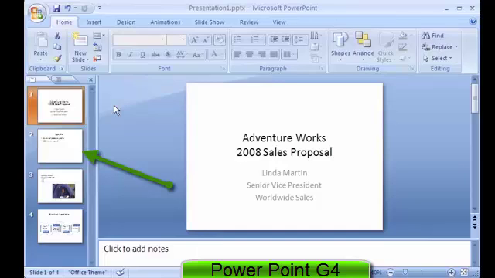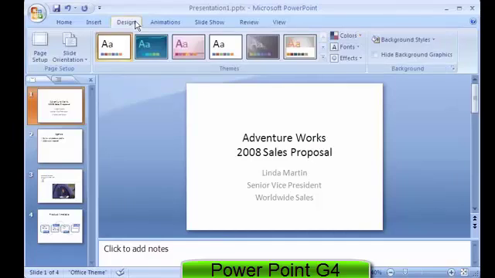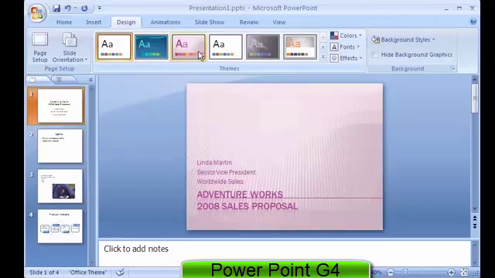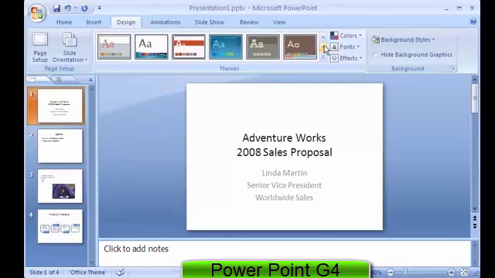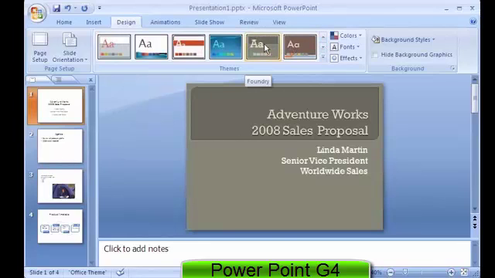But the slides don't look very interesting. So I click the Design tab to see what I can do about that. In the Themes group, I see that the first thumbnail, labeled Office Theme in the screen tip, is selected. When I point to other thumbnails, I see a preview of how the slide would look using different themes, which are collections of design elements, including background design, color schemes, and font types and sizes. I can scroll through the themes, checking out previews,